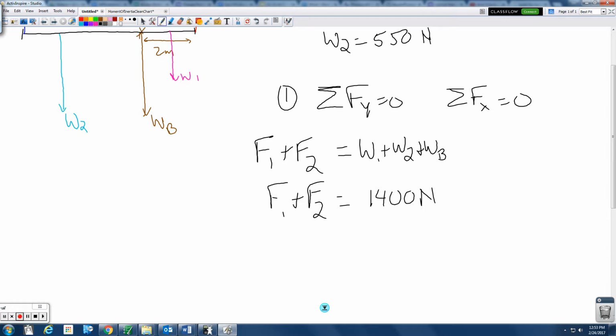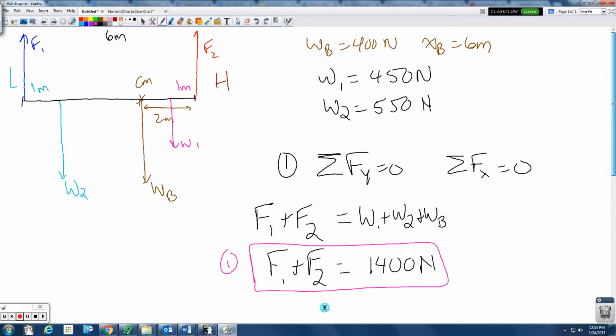Pretty sure that's 1400. This is our first equation that can be useful. That tells us something about the relationship of the 2 forces we need to find. On its own, it's not enough to know exactly what F1 and F2 should be. So we have,